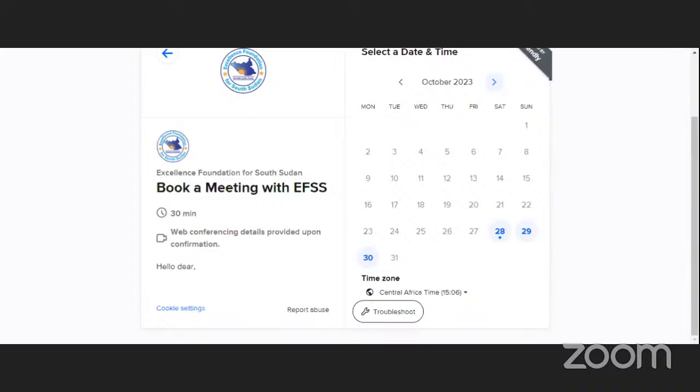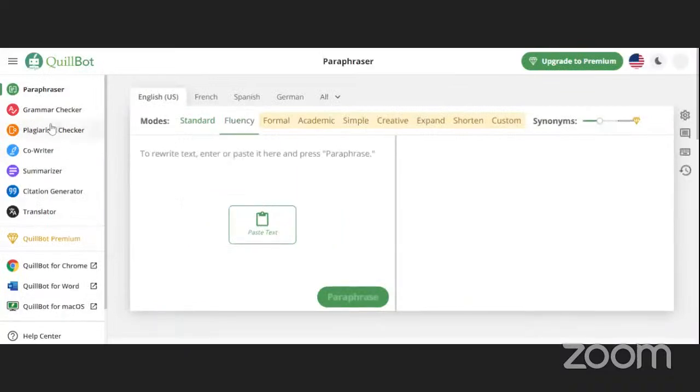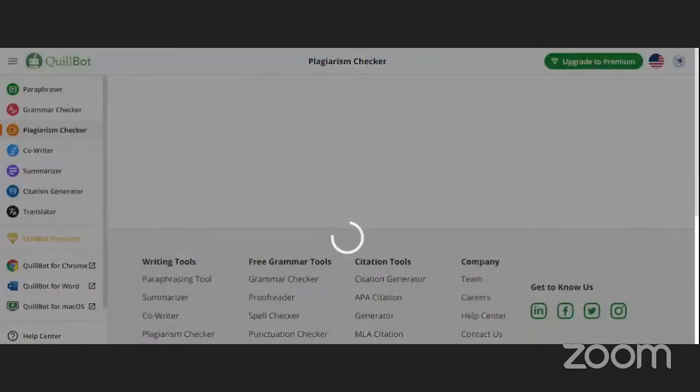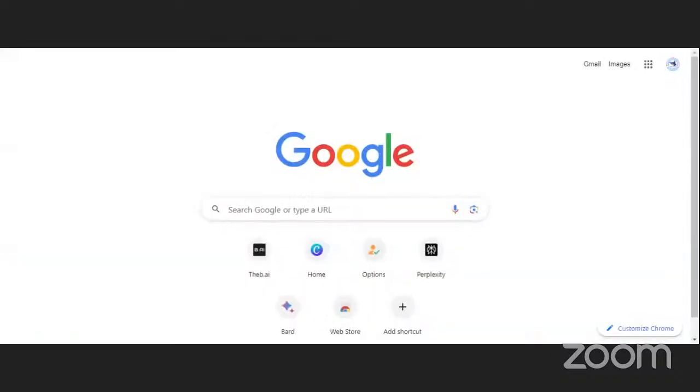Yes, I mentioned that Quillbot has a plagiarism check to see similarities in your article. Of course, no work is plagiarism free, but they check the percentage of plagiarism. Here, where my cursor is, is a plagiarism checker, but it is a paid option. Here you can put your work and check whether it is identical with some work that is available online. But there are also some free plagiarism checkers online.